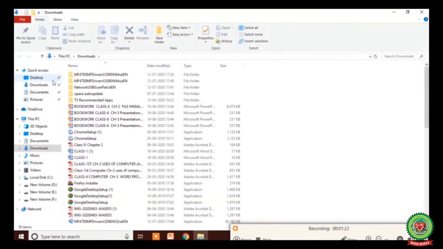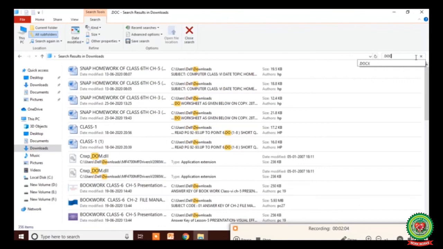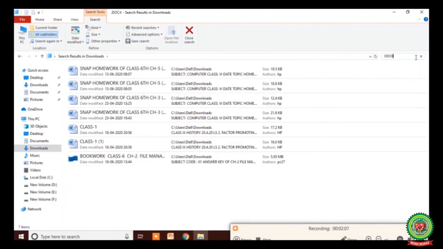Now on the top of the window you can see search box. If you want to find any file or folder, you can type in this search box. For example, I want to find only the document files. First of all, click in the search box and type .docx. Here you can see it will show you all the document files in your window.